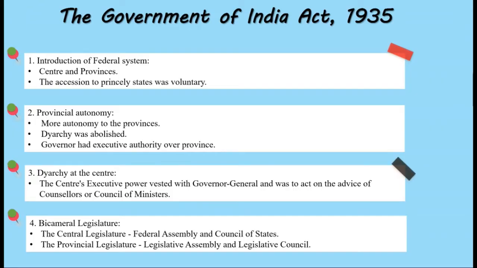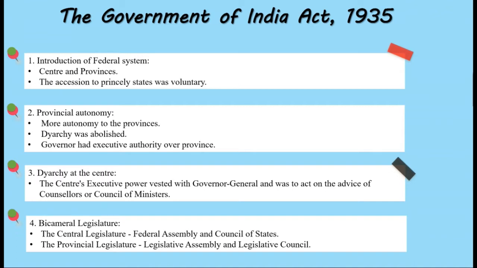The Government of India Act 1935. The Government of India Act was passed by the British Parliament in the year 1935, which had 321 sections and 10 schedules. The key sources for the Act of 1935 were: